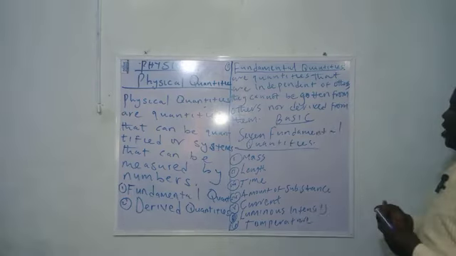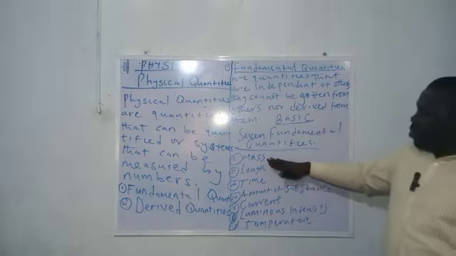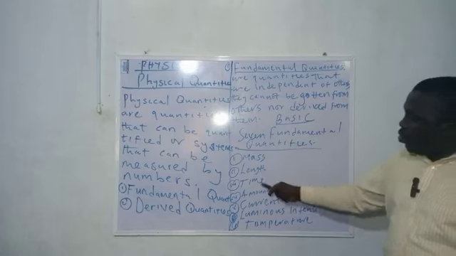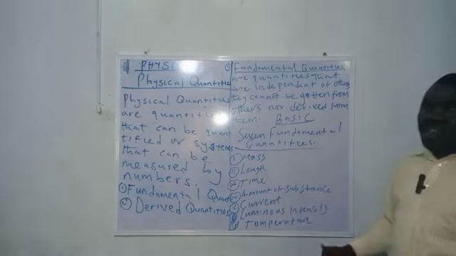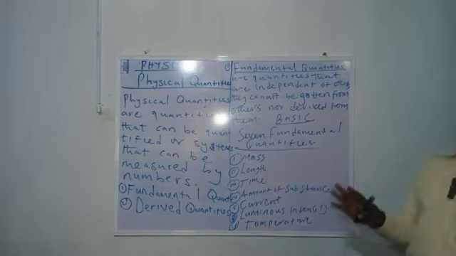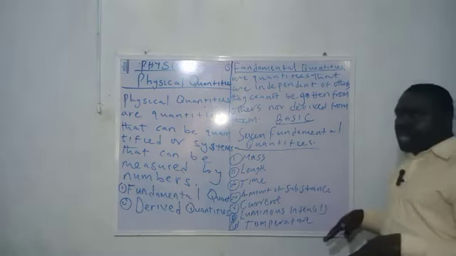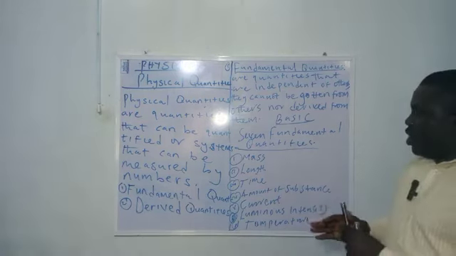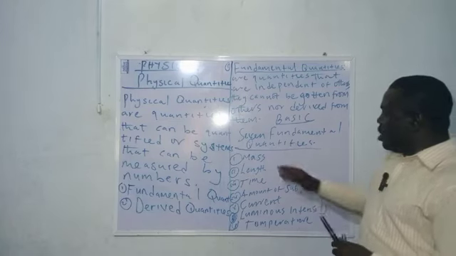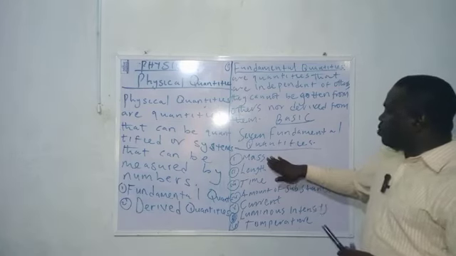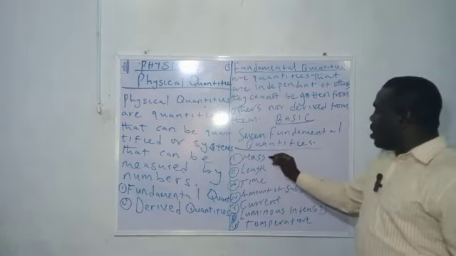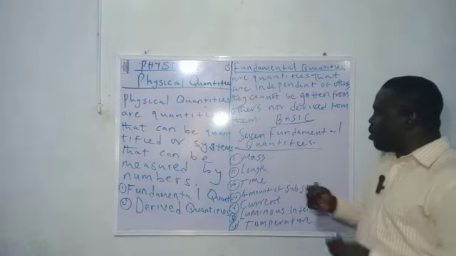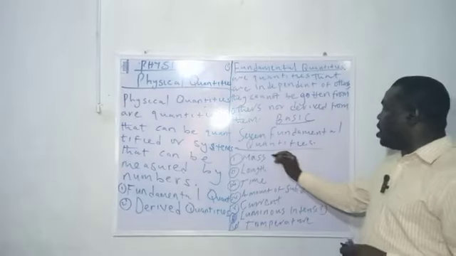Now you can see clearly here that there are 7 of them. 1, 2, 3, 4, 5, 6, 7. 7 of them all over the world. Whether you're studying in Nigeria or outside the country, it is going to be 7. So these are called fundamental quantities. We're still coming back to what we call dimension later. But in case